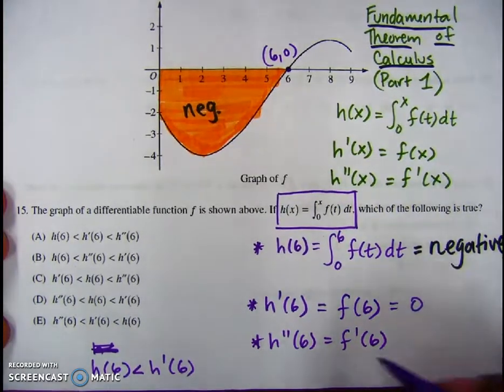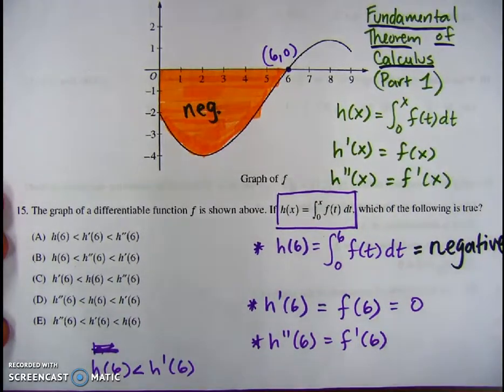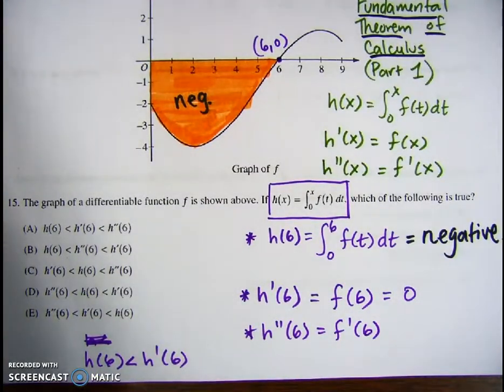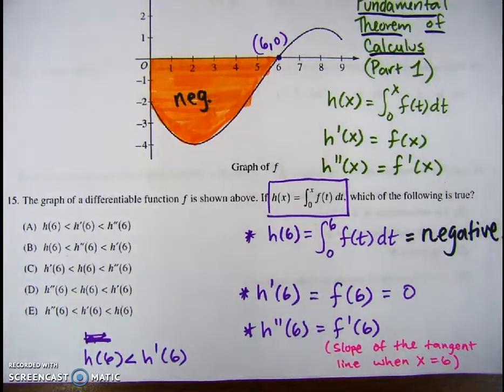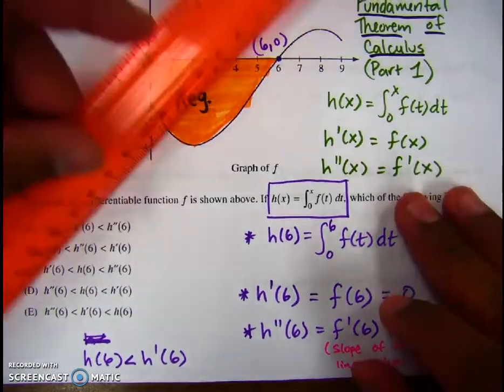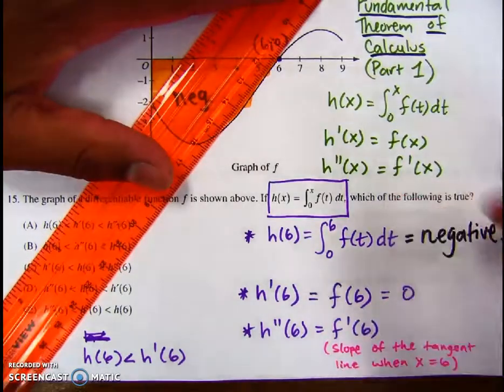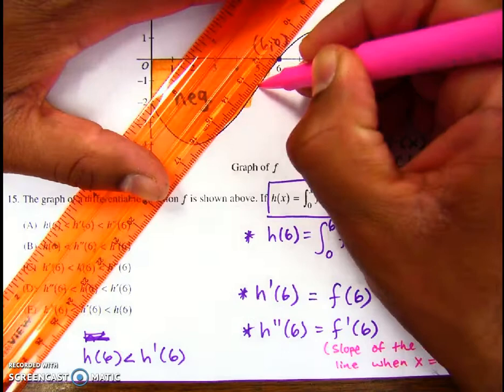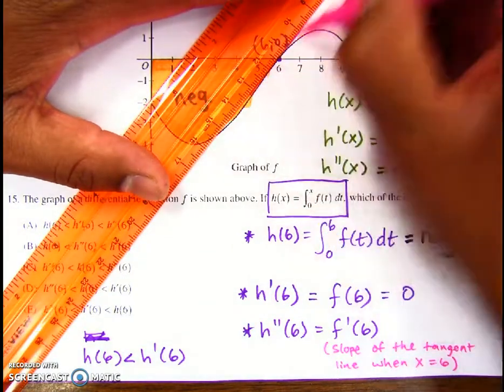Now, f prime of 6 is the slope of the tangent line at x equals 6. Okay, so the slope of the tangent line when x equals 6. I do not know what the exact value of the slope is, but I know that the tangent line at x equals 6